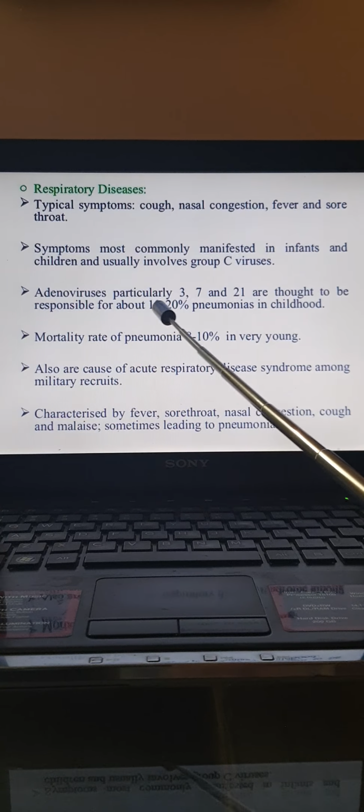Another thing it can cause in the eye is epidemic keratoconjunctivitis, and this is more serious as compared to pharyngoconjunctival fever. It occurs in adults, and it is highly contagious, and the source of infection is sinks and hand towels. Here the presentation would be conjunctivitis followed by keratitis. This resolves within 2 weeks, but subepithelial opacities may be present in the cornea for up to 2 years. This is caused by serotypes 8, 19 and 37.